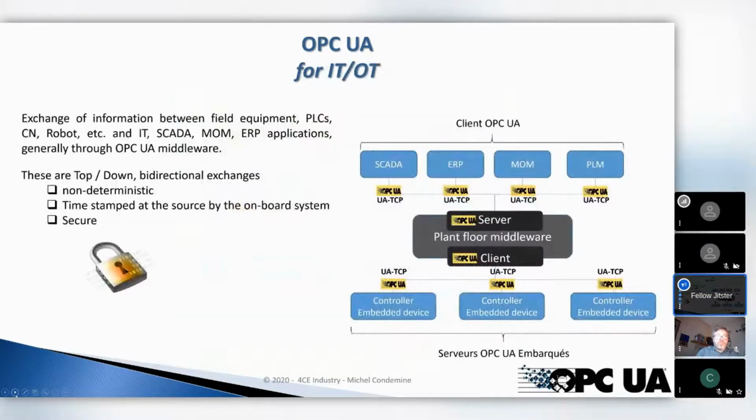Just a little bit, let's say, one use case. One use case is to use OPC UA for regular TCP communications, for communication between controllers. Controllers can be PLC, CNC, robots, every embedded system that generates information and wants to push that information through TCP. In that case, it's not deterministic. Every piece of information is time-stamped at the source, so in the controller, and pushed to the network, usually through a plant floor middleware,